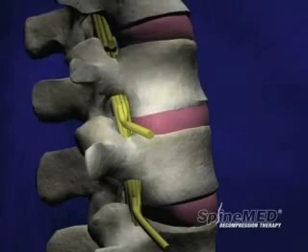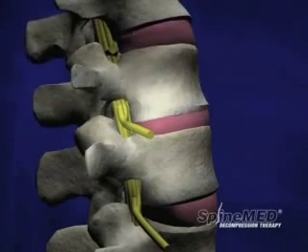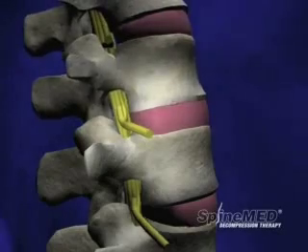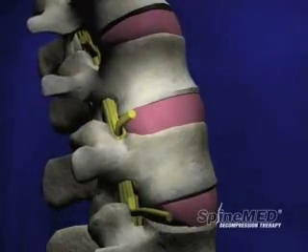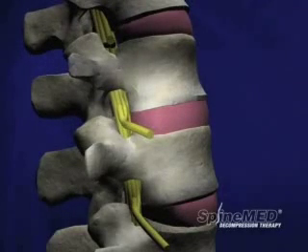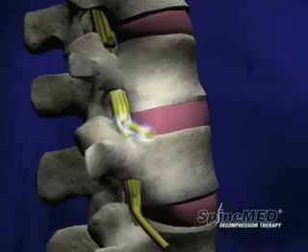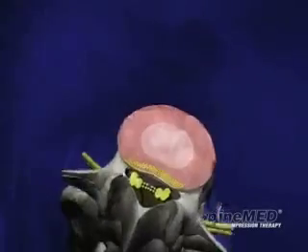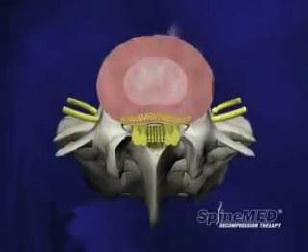The discs serve three primary functions. They act as shock absorbers to prevent compression fractures of the vertebrae. They provide mobility to the spine, allowing it to bend and twist. And they separate the vertebrae, allowing nerve roots to branch off from the spinal cord and travel to the rest of the body. Let's take a closer look at a healthy intervertebral disc, this time looking down on it from